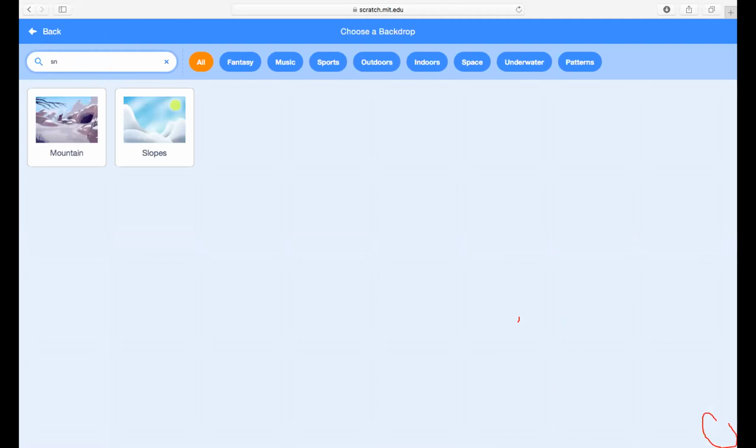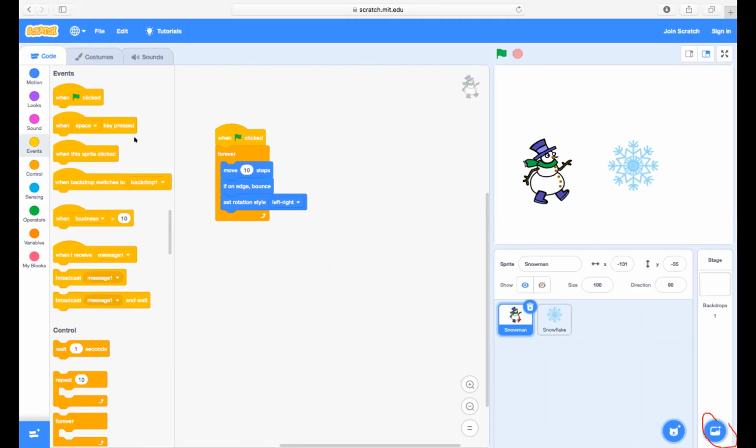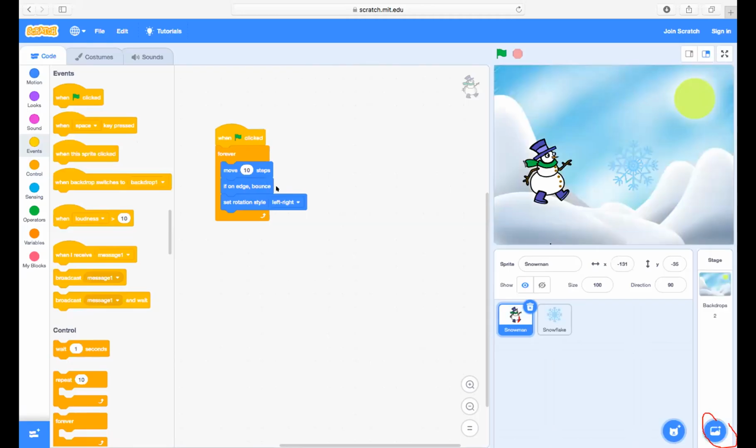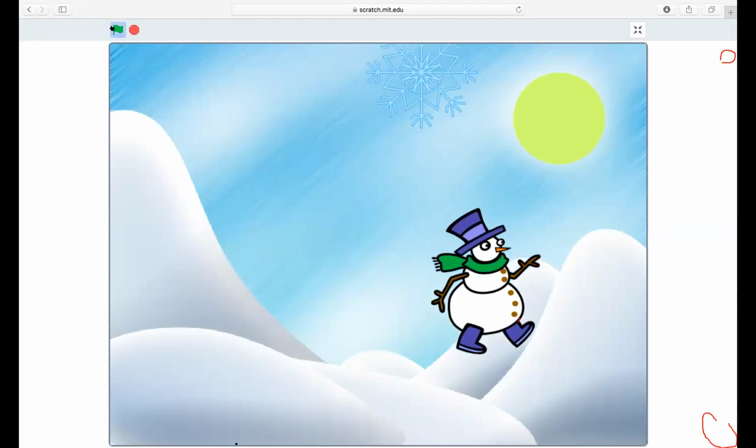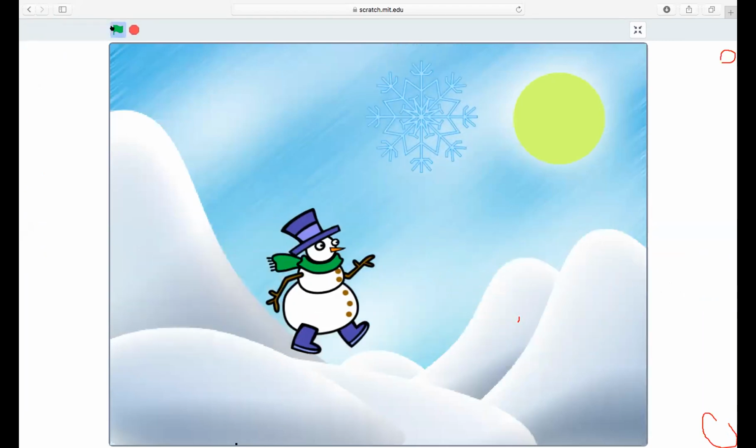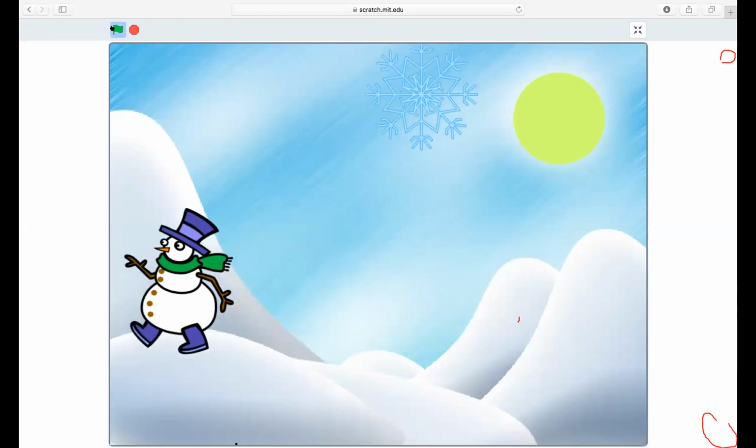Select one of these, whatever you like. Which one do you like? Very nice. Now let's go full screen, and then play it and see how it looks. All right. So this way we are coding for it.